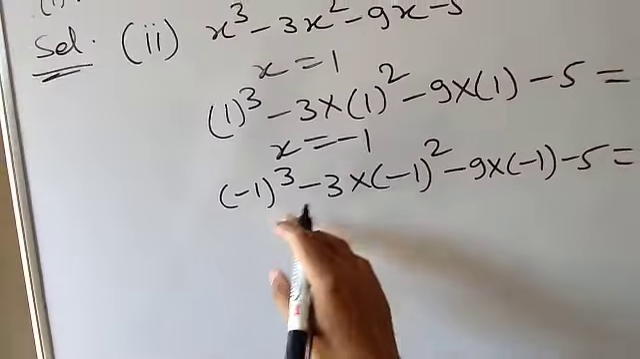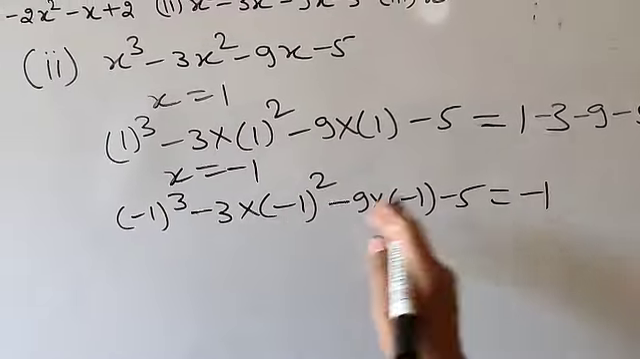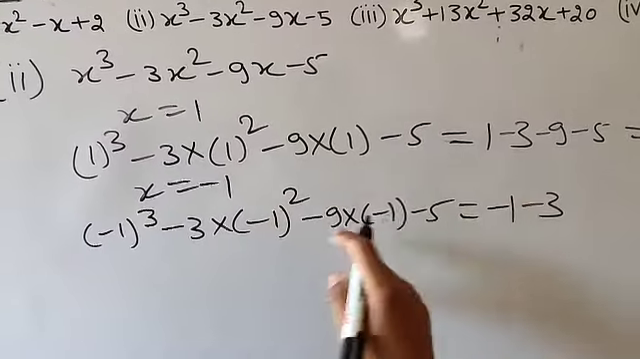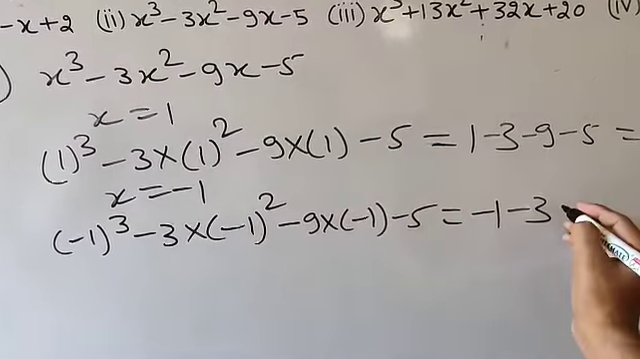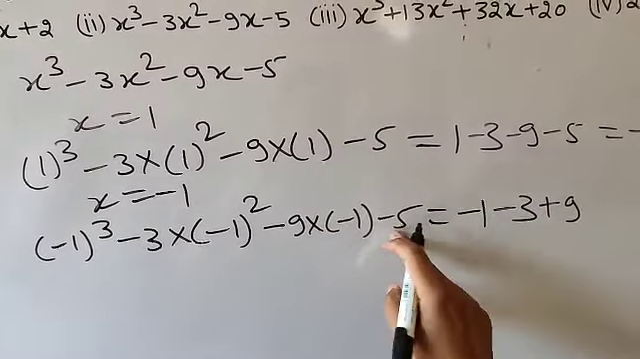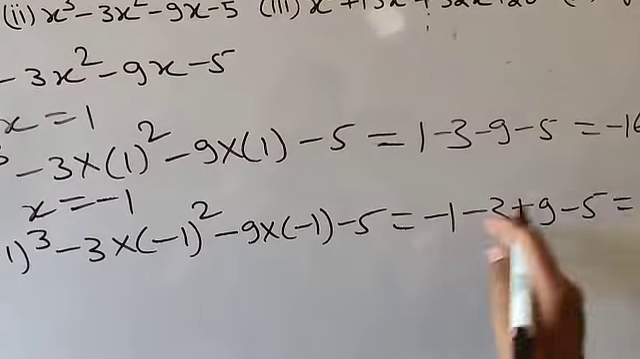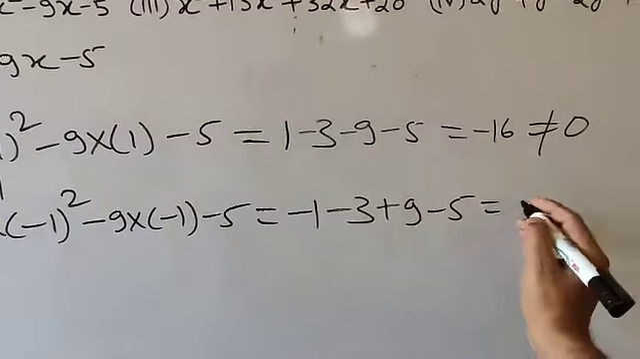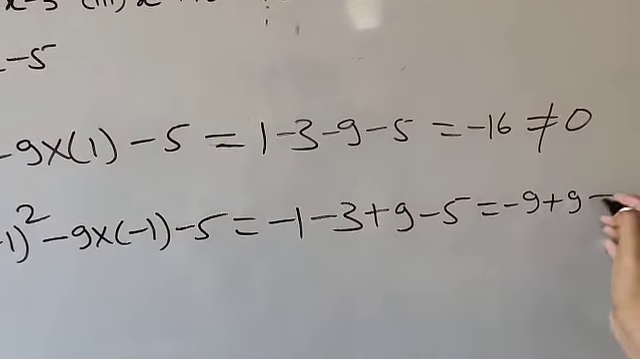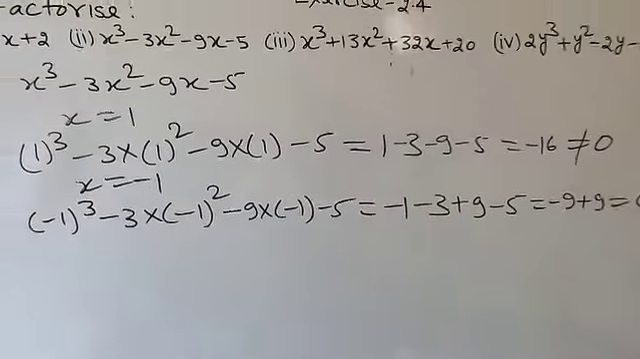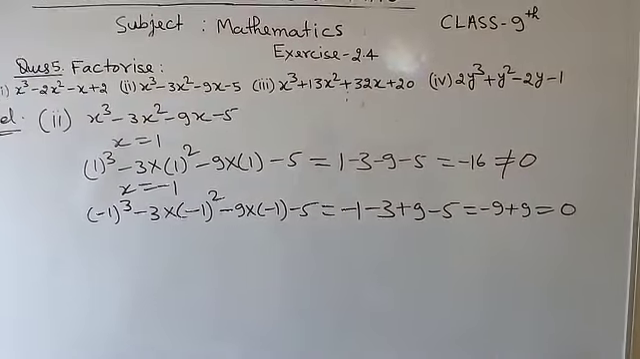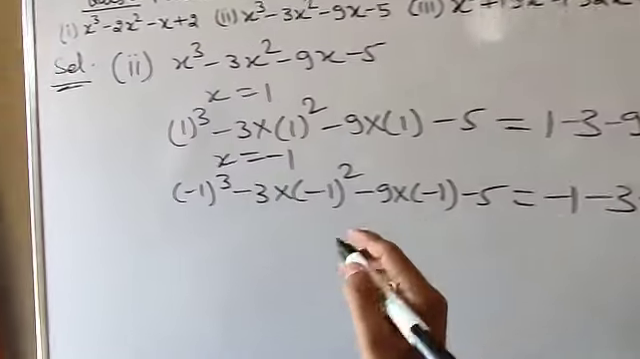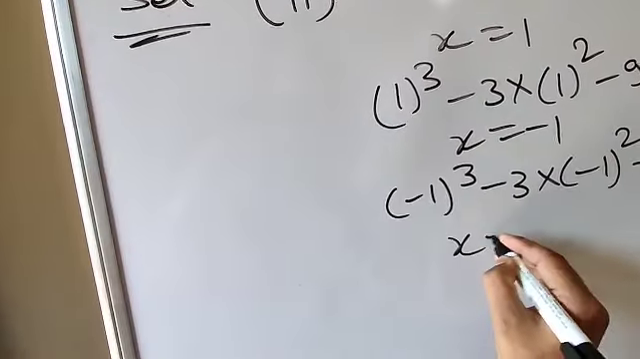Minus 1 cube will be minus 1, minus 1 square plus 1, and plus 1 into minus 3, minus 9 into minus 1 plus 9, and here it is minus 5, that will be as it is. Minus 1 minus 3 minus 4 minus 4 minus 5 minus 9 and plus 9, minus 9 plus 9, that is equal to 0. So here if you get 0, then your process will stop here. So here at x equal to minus 1 it is 0, then here you will write x equal to minus 1,